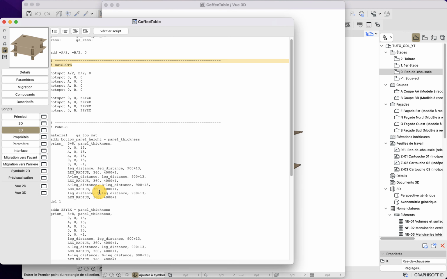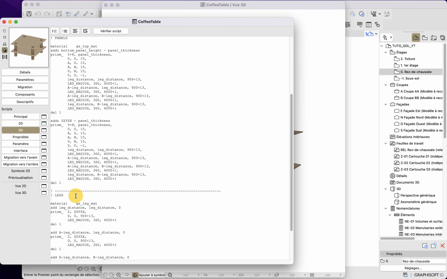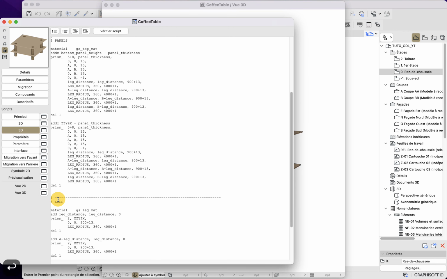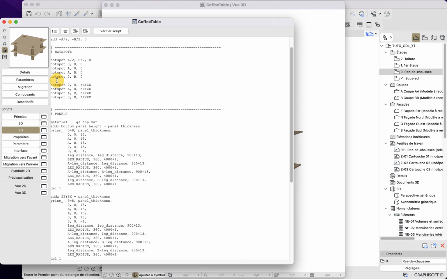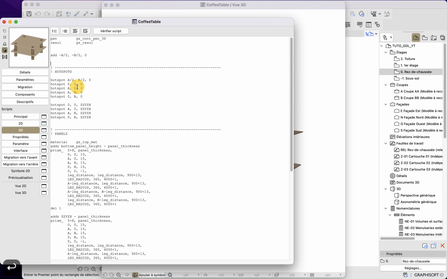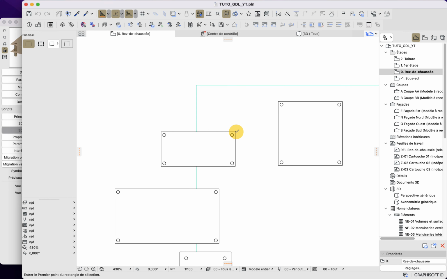All good. I will also put a double space for this one, and this one, so that I am consistent across the board. Now let's check our script. Everything is good. Let us save and see how it looks in our project.